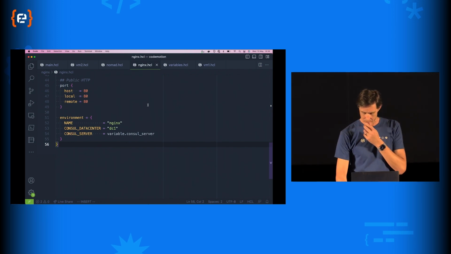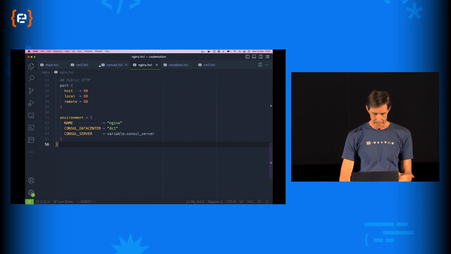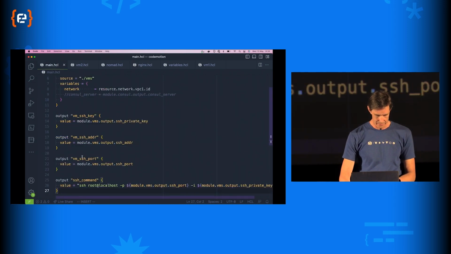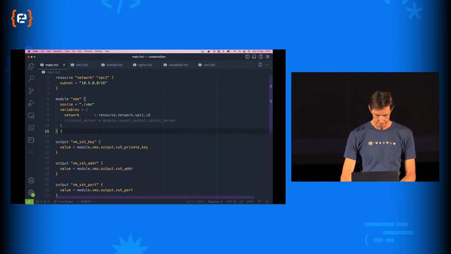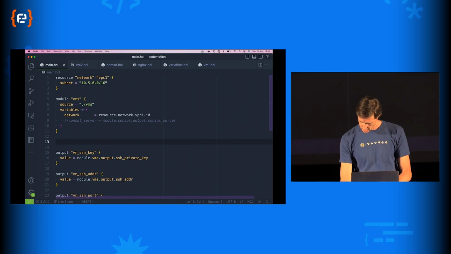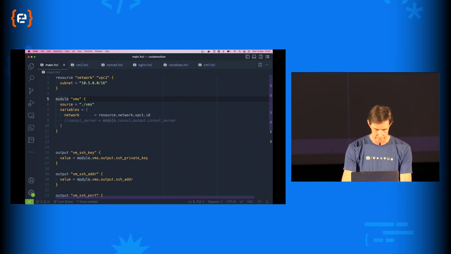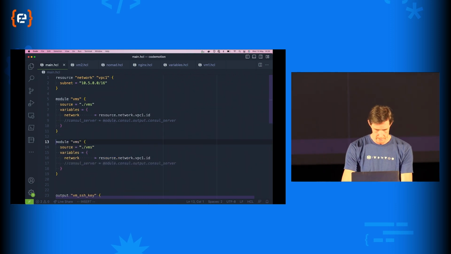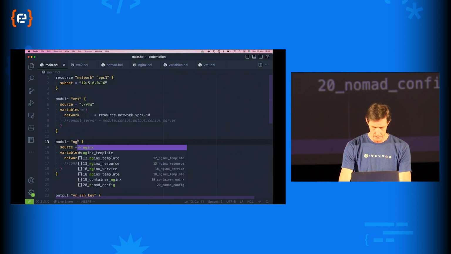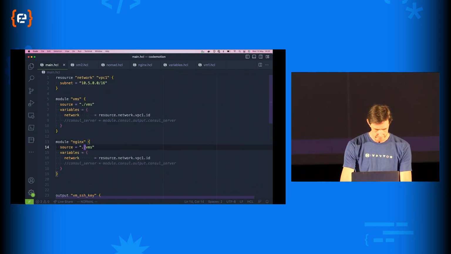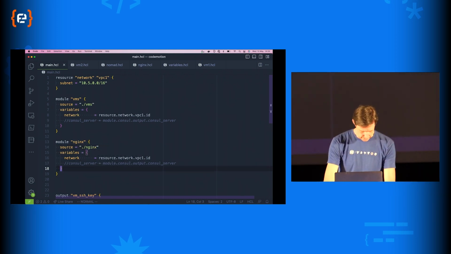Now, that again is a module, so I need to add this as a module. I can do that like so. What we're going to do is copy pasta. So let's copy the VMs module, paste it here, and rename it. So we're going to call it Nginx, and everything else should be okay.